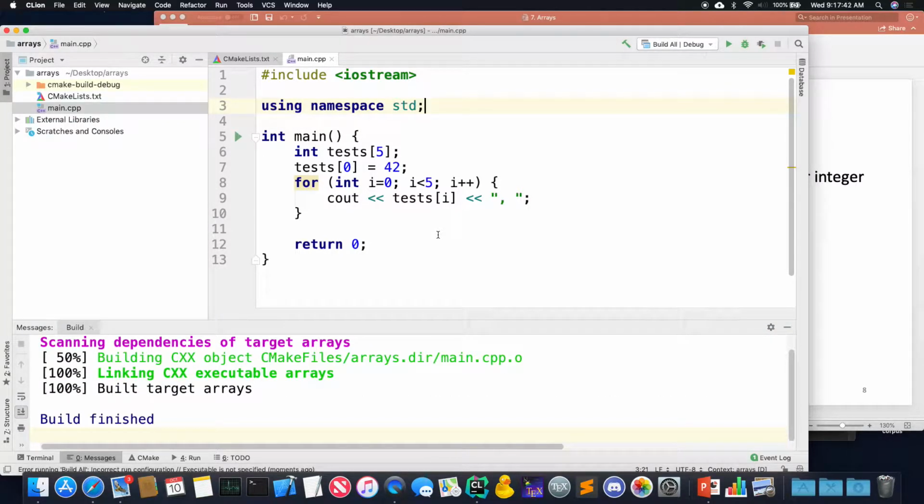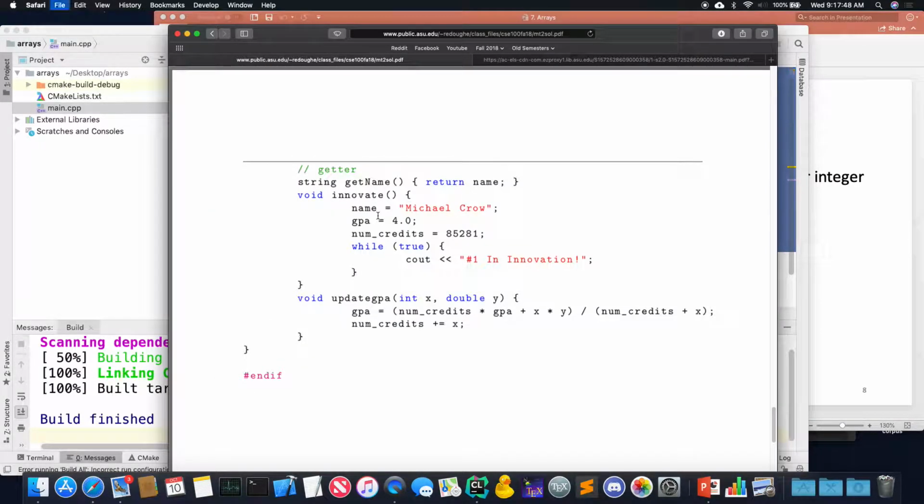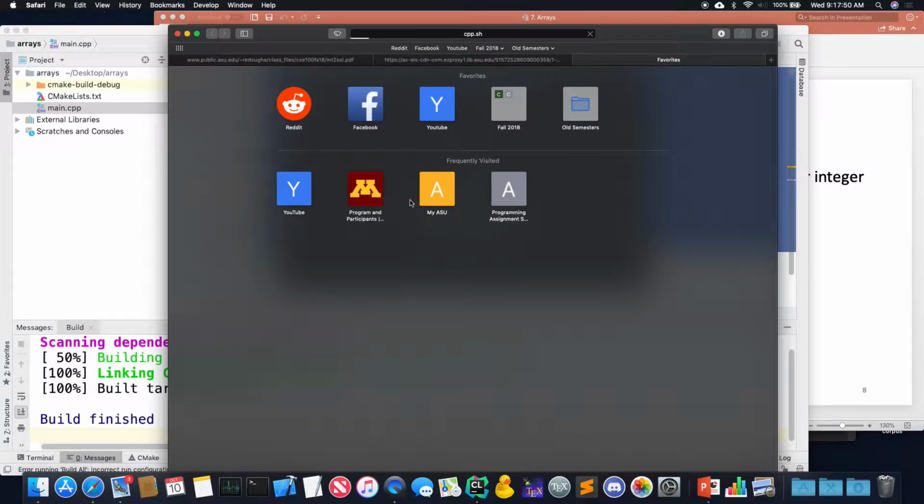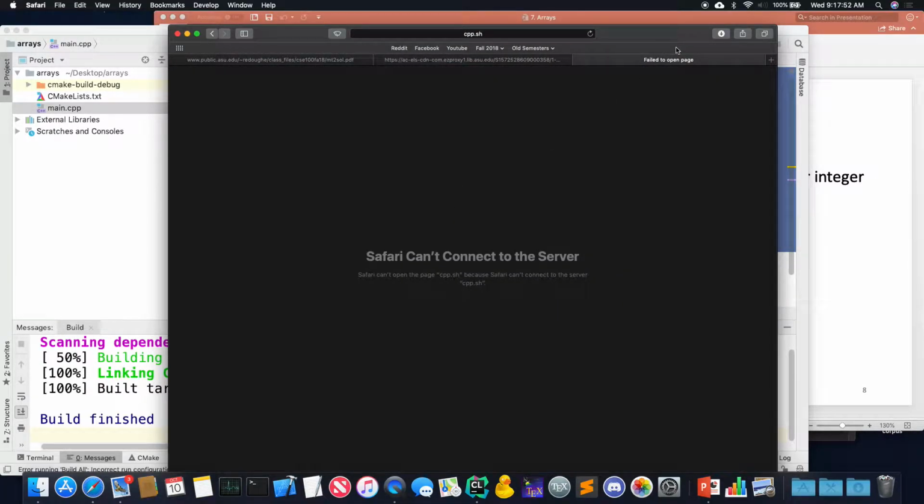I'll figure out what happened. But this is supposed to do exactly what we expect. Let's go to cpp.sh.